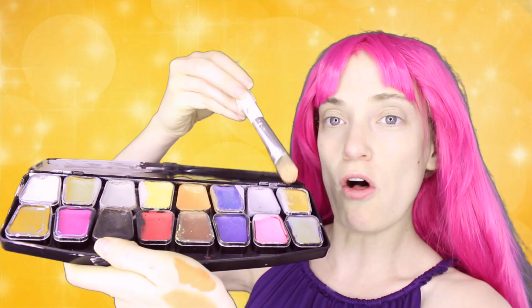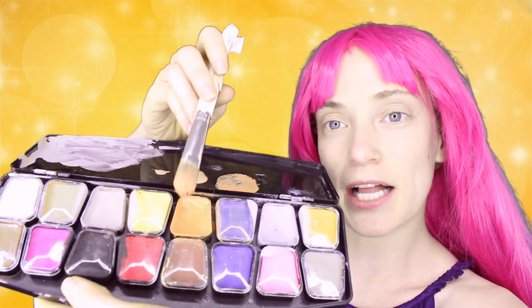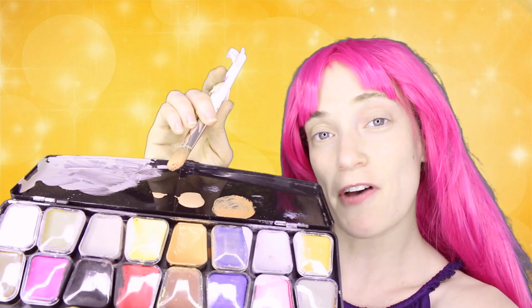Next up is Starfire. I have my face paint palette of all these colors. I'm grabbing this color right here in orange. I'm mixing that with some foundation. Okay, I don't know how this is gonna look. We're just gonna try it. She's like an alien and her skin is this orangey color. Okay, so now that my skin is a starry orange,